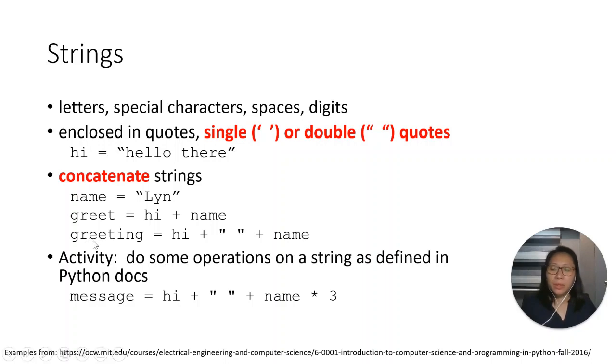And here on the third line, we have greeting equals hi plus the space plus name. Take note that the greet variable binds to the value, which is a concatenation of hi and name